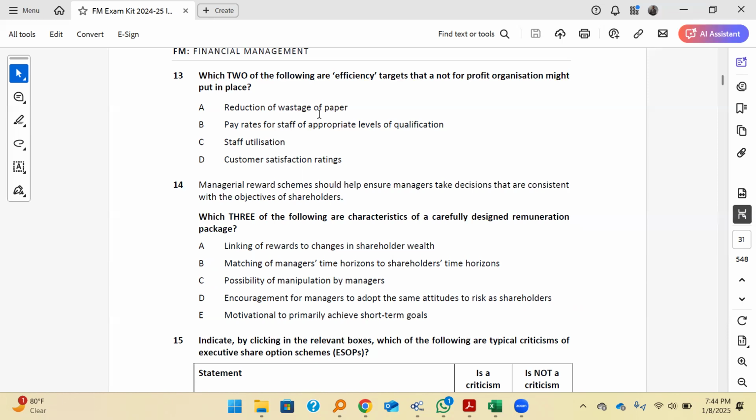Now, which two of the following are efficiency targets? So now we are looking at the 3 E's in detail, and they are telling you here to choose two things that can represent efficiency. So, reduction of wastage of paper. Remember, efficiency means,